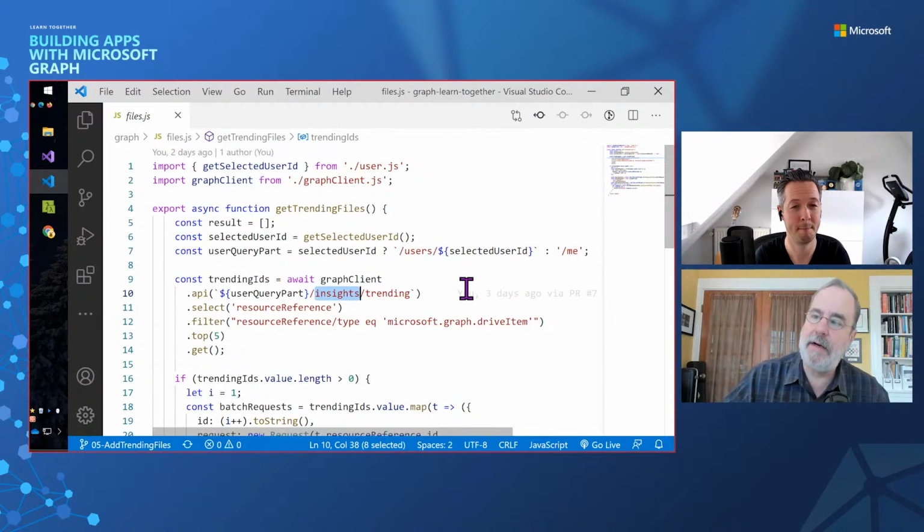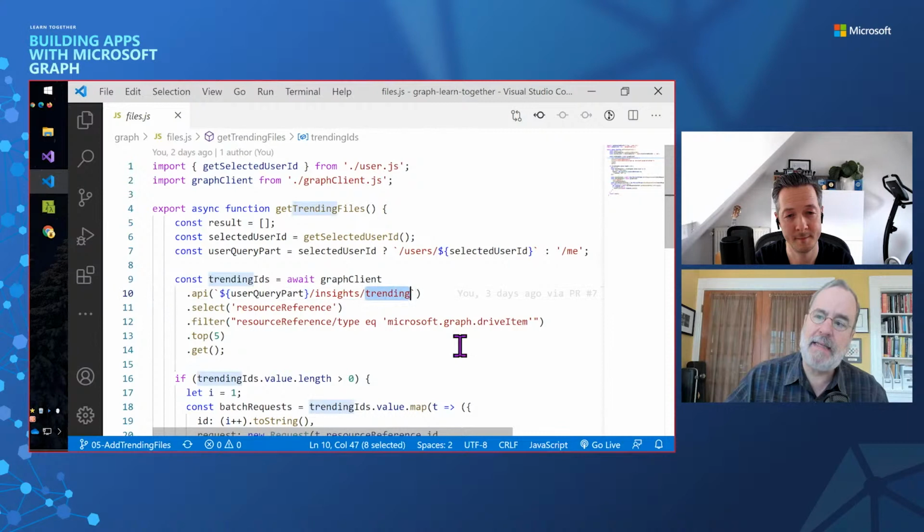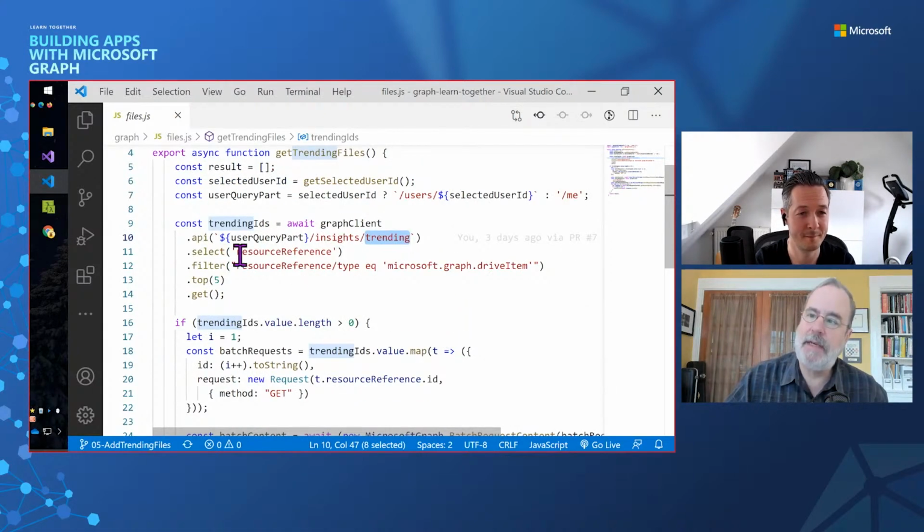So we're using that here, Insights Trending. We're going to get the trending files. There are other insight aspects, like recently modified, but trending is a little bit fuzzier. It's kind of like what's relevant to me, so it's going to take all my usage into account. If I just edited a file once recently, but edited another file 100 times, it's probably going to rank that 100 times more because it knows the overall traffic. So it's going to actually come in here and grab